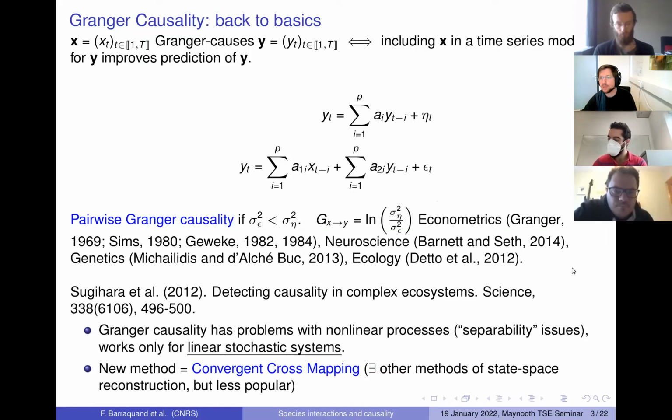So what you may be more familiar with is this paper by Sugihara and co-authors in 2012, detecting causality in complex ecosystems, where they suggested two things. First, that Granger causality will have issues with nonlinear, highly nonlinear processes, and that it would work only for linear stochastic systems. So I will make a little more precise later on what we mean by linear stochastic systems. And they developed a new method, convergent cross-mapping,